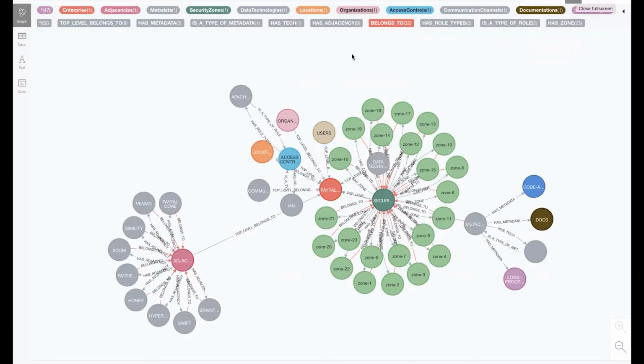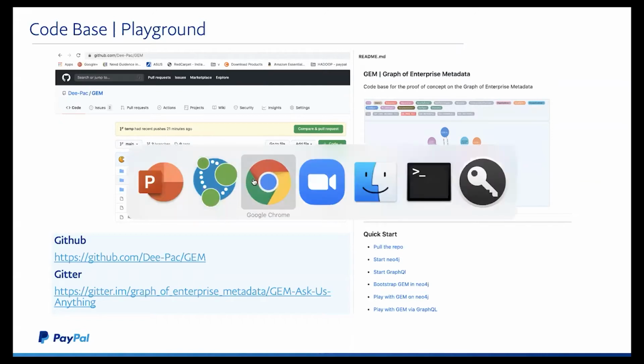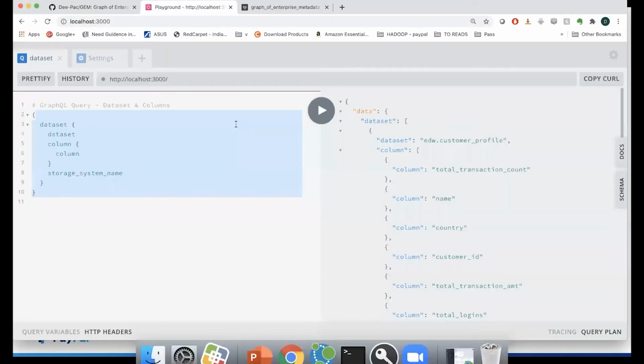Now, coming back to what happens when you expose this metadata. When you build the metadata, you need to have a nice interface so that not only algorithms and the likes of Python libraries, Java libraries, or Spark libraries can interface with the graph, but we should also have a unified semantic layer to expose the data to the likes of low latency systems such as front-end applications. This is where GraphQL comes into play. We have the first cut of GraphQL schemas created here, which will help us connect to the graph.